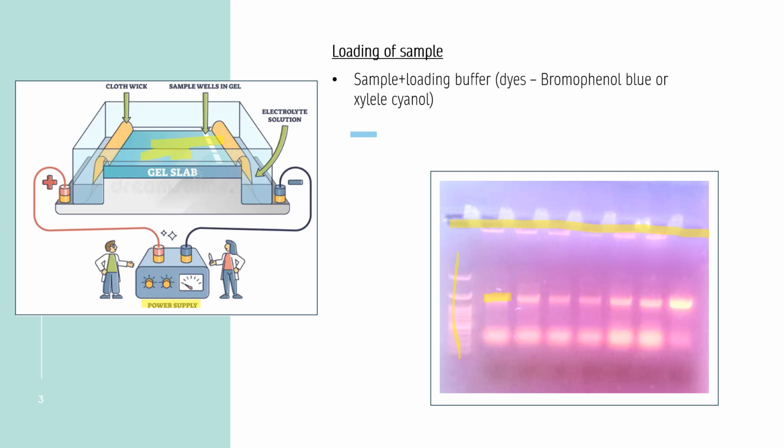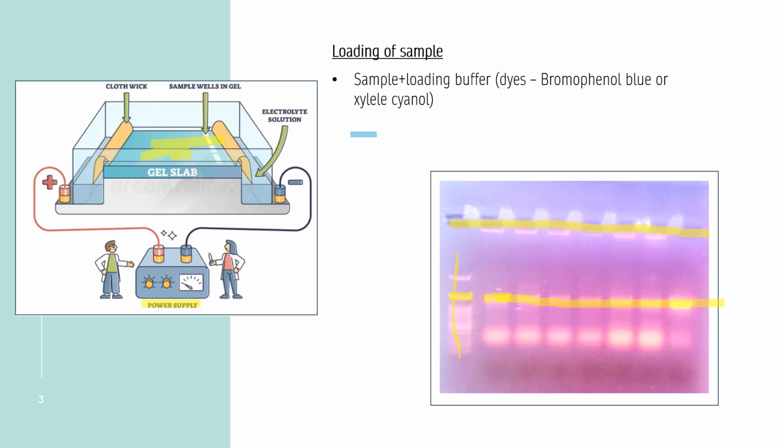Now our ladders are of specific sizes. They could be like a 2 kilo base ladder, a 1.5 kilo base ladder. Now this one is the 2 kilo base pair ladder and here I know that the second band of the ladder is of size 1.5 kilo base pair. So by comparing with that, I know that all the bands that I am obtaining on the gel are of size 1.5 kilo base pair. That's how I know that the bands I am obtaining will be of particular size by comparing it with the ladder.